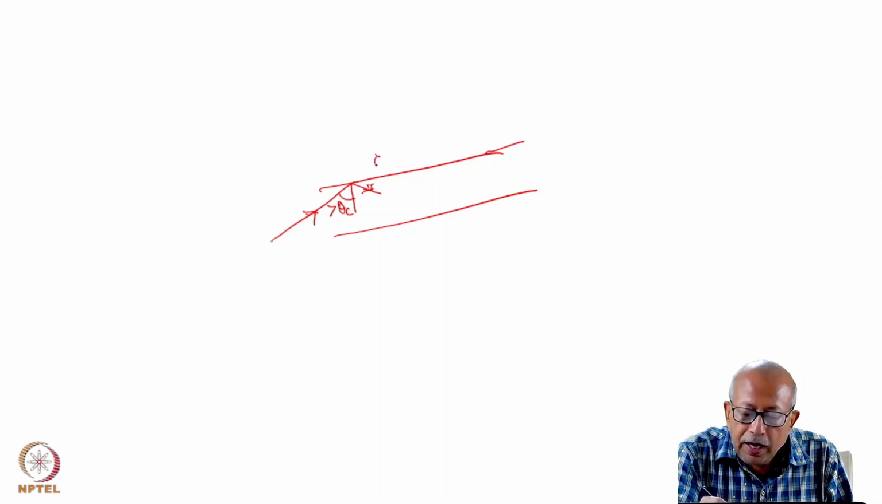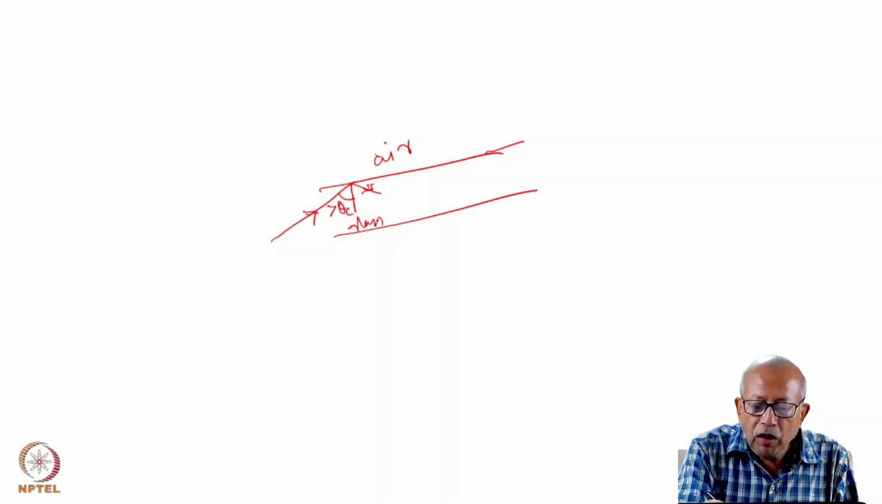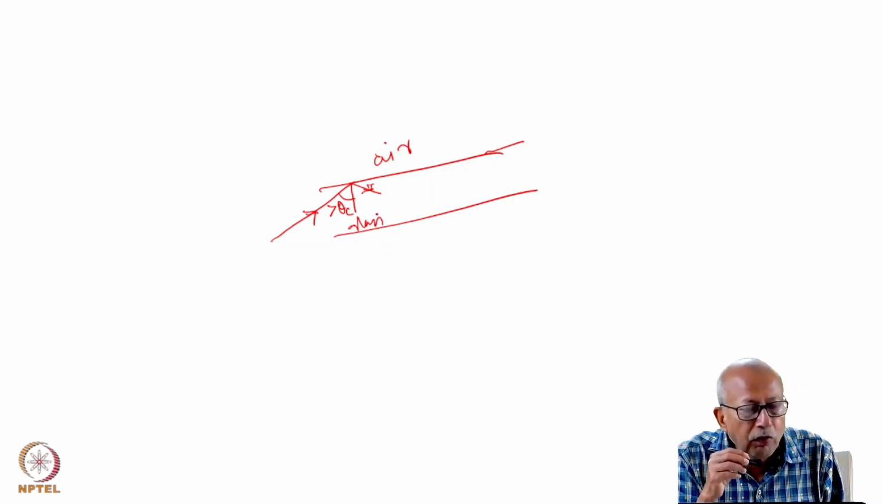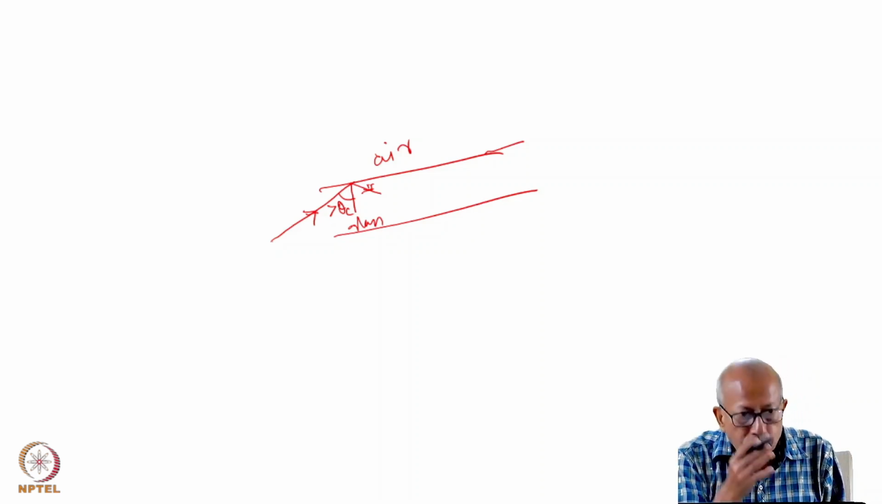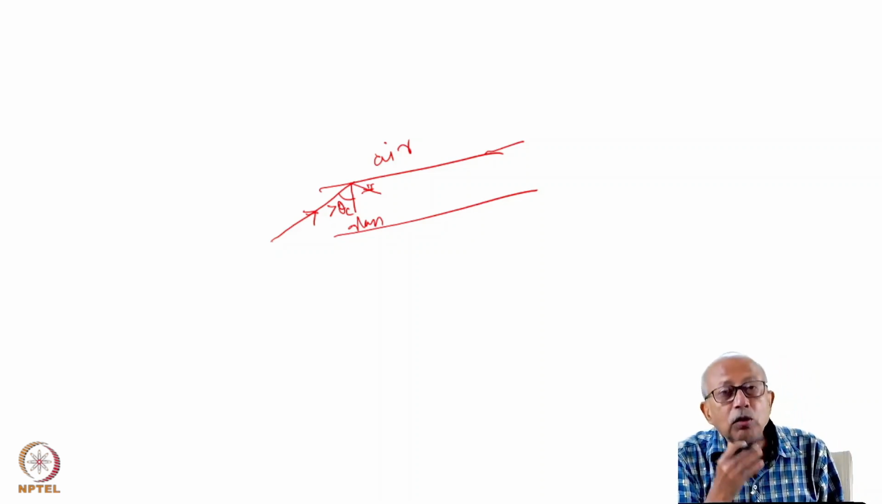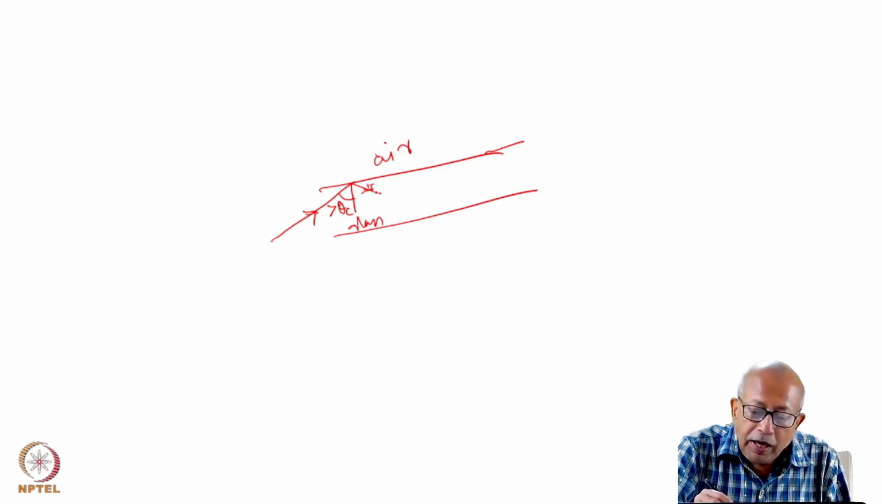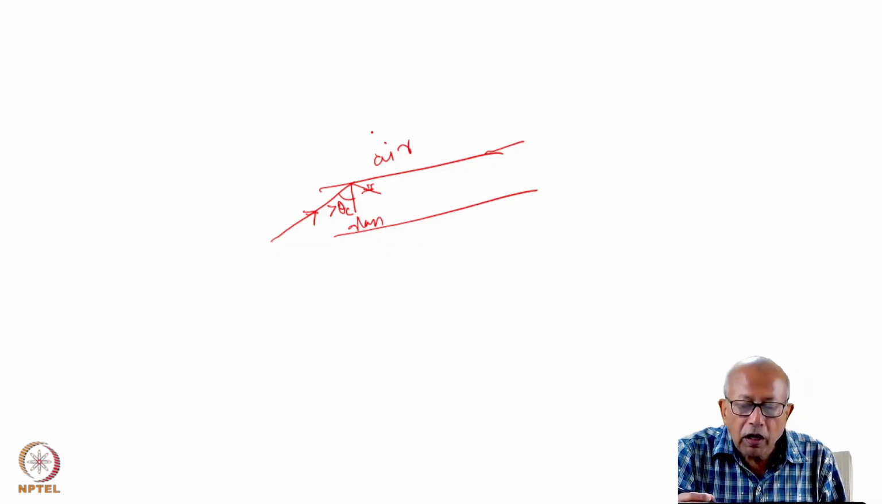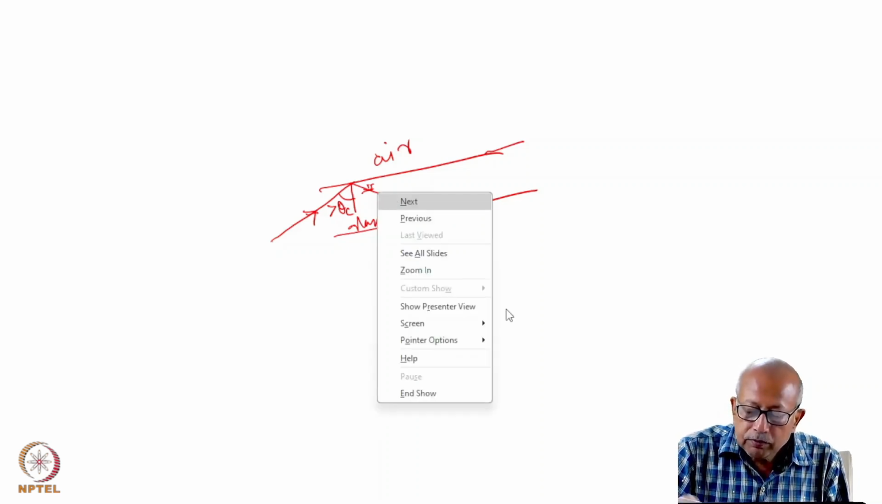So this is air and this is glass. The refractive index of glass is more than that of air. So light is traveling from a denser to a rarer medium. That is what should happen in the case of total internal reflection. So the light is totally internally reflected. There is no loss of light through refraction. And it again